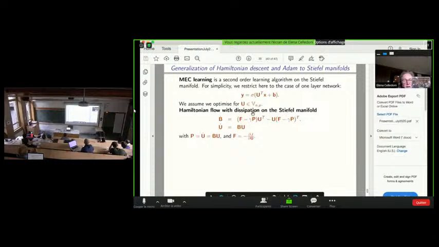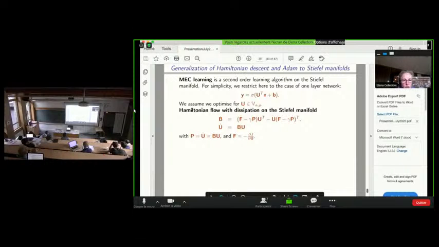Okay. One interesting system of equations that Simone Fiori proposed a number of years ago was this Hamiltonian flow with dissipation on the Stiefel manifold. He was considering a one-layer neural network with input x and output y, and U here is a matrix of parameters that belongs to the Stiefel manifold. In order to optimize the cost function J, he proposes this system here, which is exactly a Hamiltonian flow with linear dissipation.